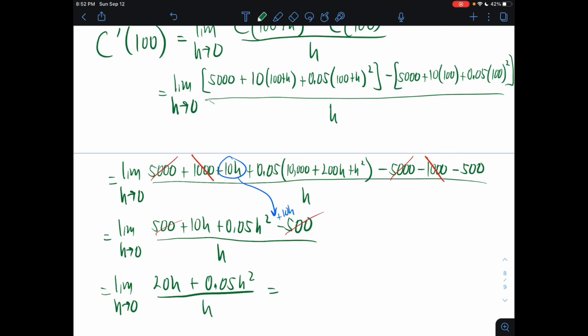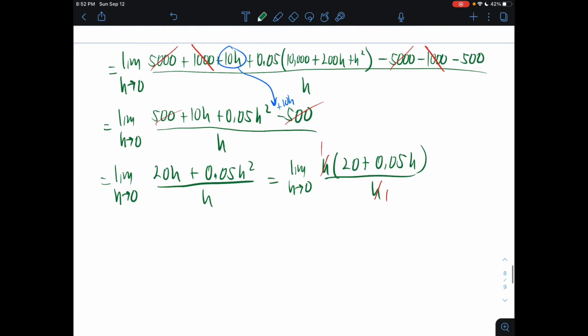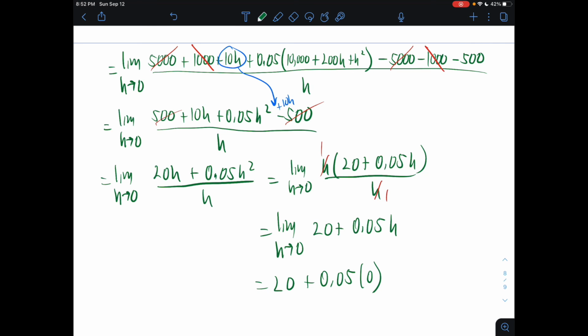I'll factor out my h. I can then cancel out my h's by division. And then finally, I can evaluate. And I get 20 plus 0.05 times 0, because I'm evaluating h equal to 0 with the direct substitution property,